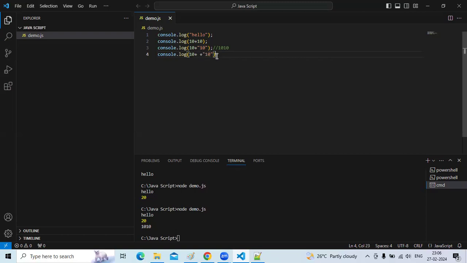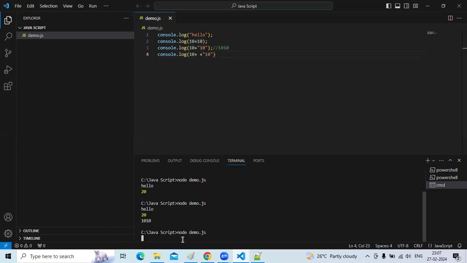It is not concatenating. In the previous example, see, it is only one operator, right? So this is a plus operator, and this is for a string. It is a string, right? That's why it is concatenating. But here again one operator is there, right? It will convert your string into a number. That's why the result should be 20. I will show you. See, the result is 20. See, the code is executed line by line here. That's why it is called synchronous execution.